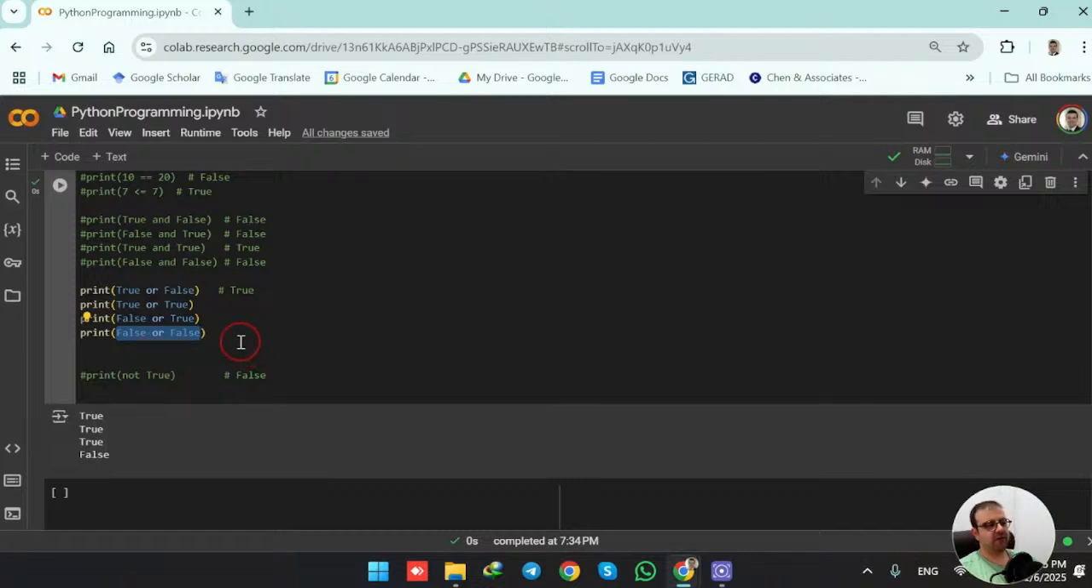Because we are checking to see if we are having at least one true when using the OR operator. So either this or that must be true. If either of them is true, the output is true. But if both of them are false, the output is false. Okay. And finally, we are having